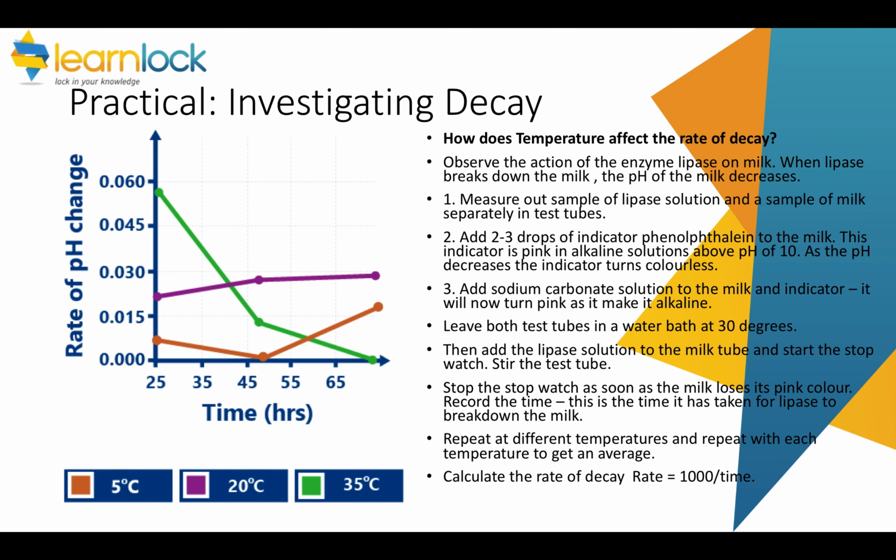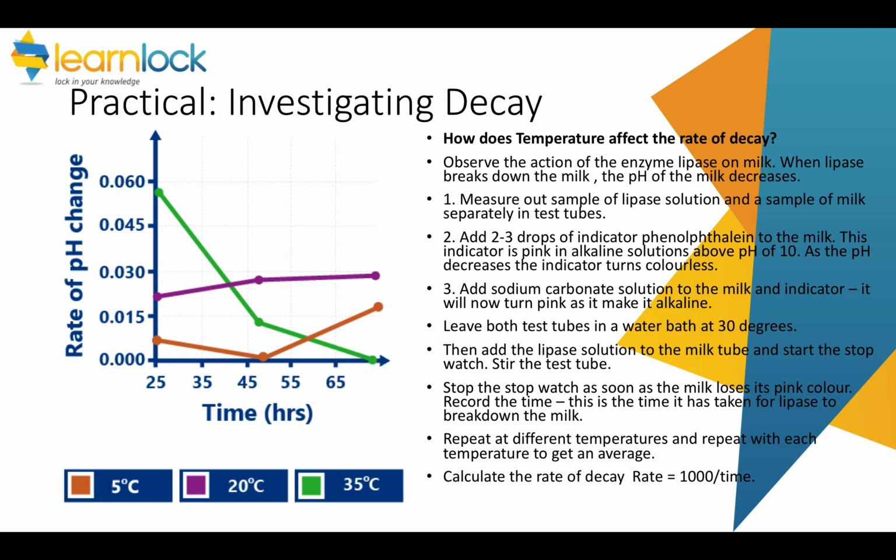You'll also need to know about a practical way you would investigate decay. This practical is about how temperature affects the rate of decay. You could look at the action of the enzyme lipase on milk. When lipase breaks down milk, the pH decreases, so it becomes more acidic, which is why milk goes off and